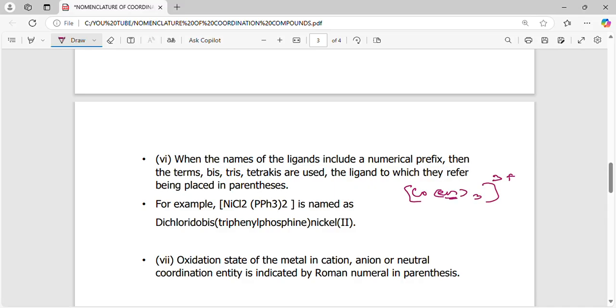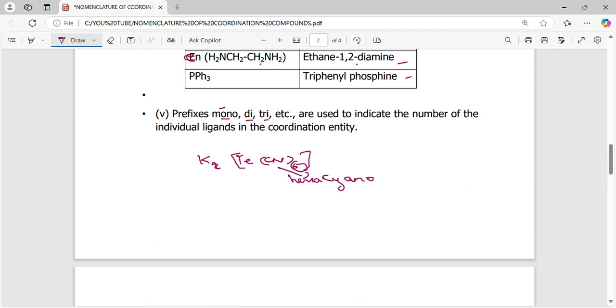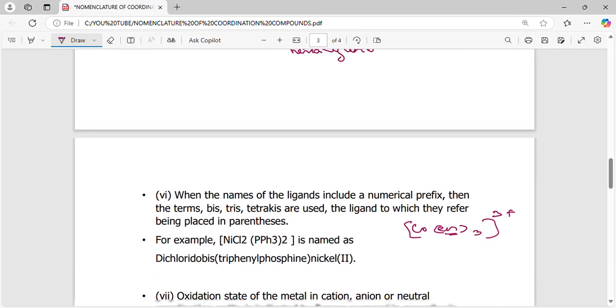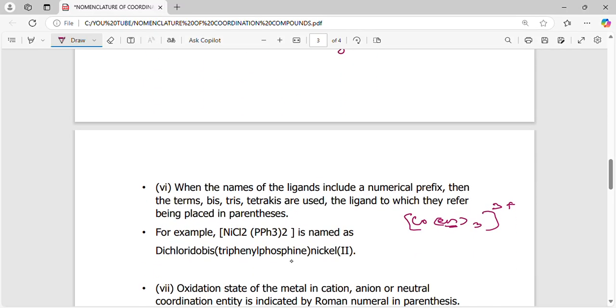Here en, the name of that ligand in the table, I can see, is ethane-1,2-diamine. So the word di is already there in the name of that ligand. In such cases, here it is 3 times. Normally I told you if it is 3, it is tri. But if the words di, tri, etc. are already there in the names of these ligands